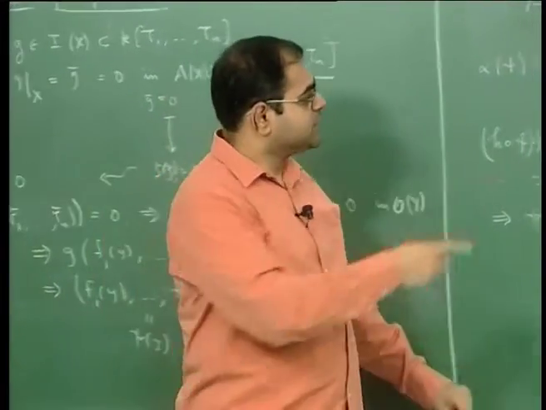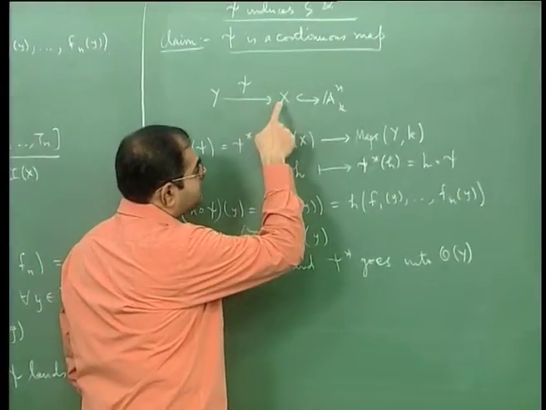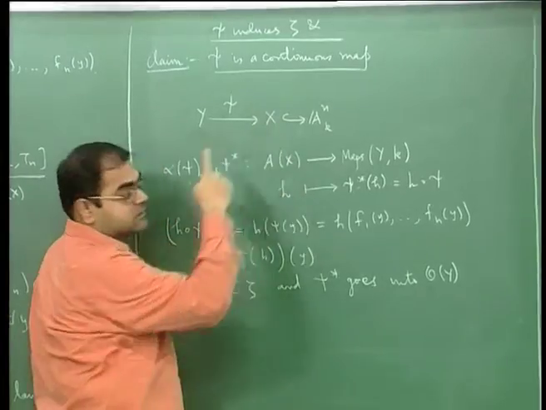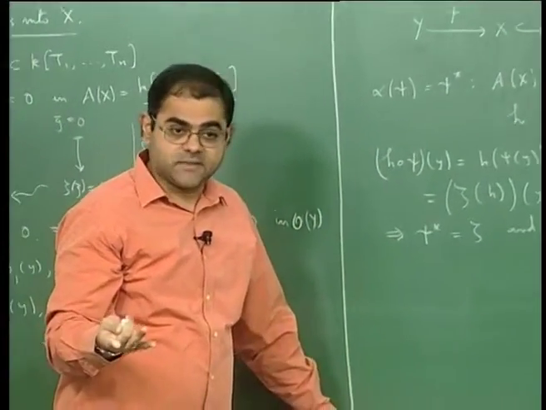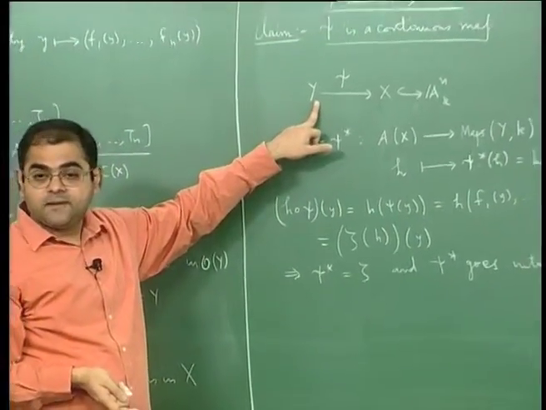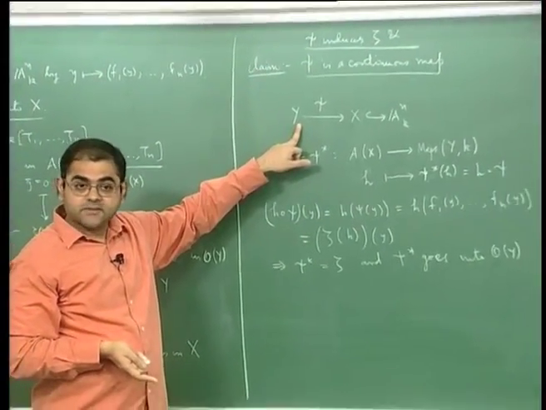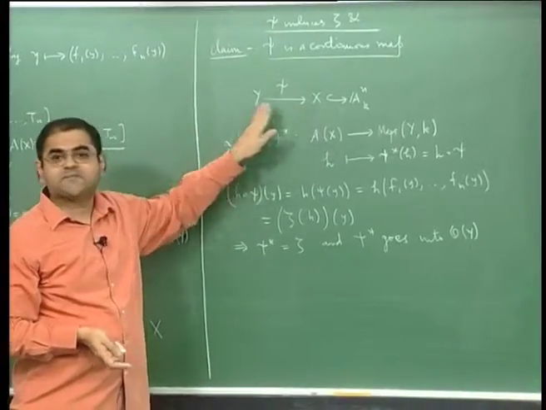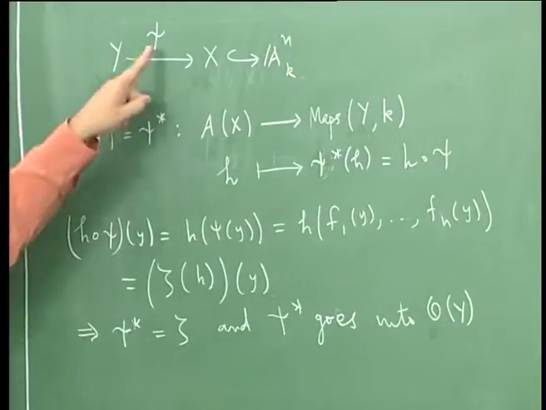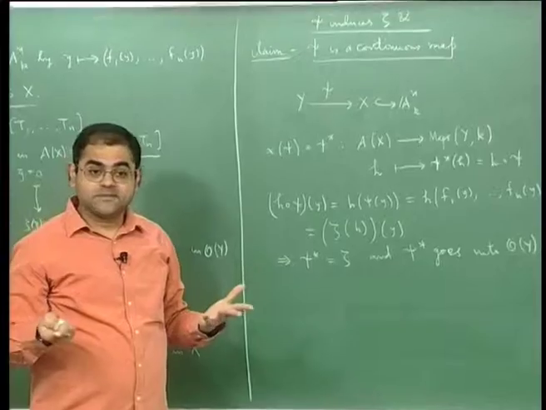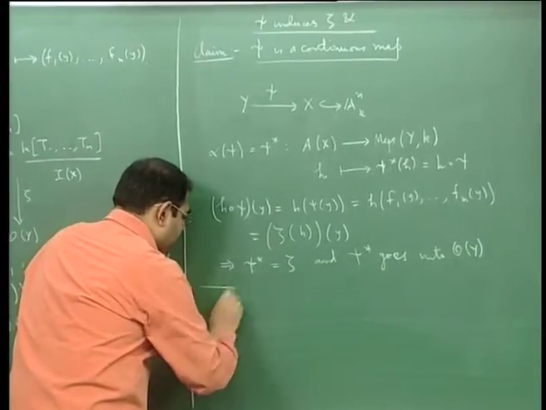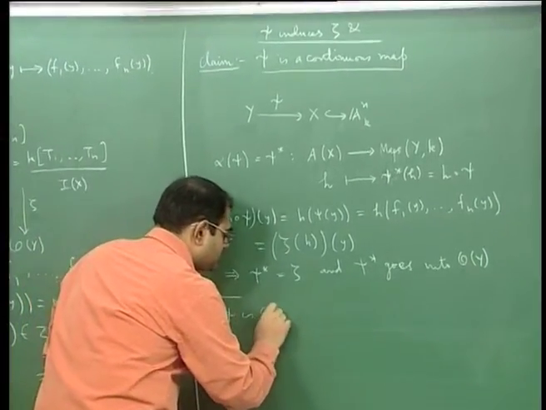And so if you start with a closed subset in here, that will be the common zero locus of a bunch of polynomials, and its inverse image here will be the common zero locus of the bunch of regular functions which are pullbacks of these polynomials, and that is again closed. So what this argument tells you is that psi pulls back closed sets to closed sets, so it is continuous and we are done, okay. So let me write that down. Psi is continuous